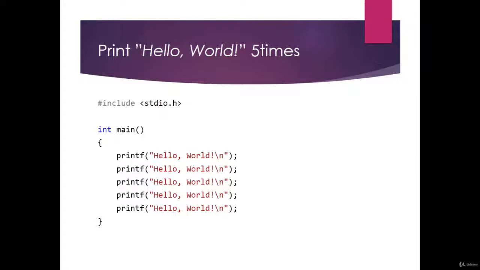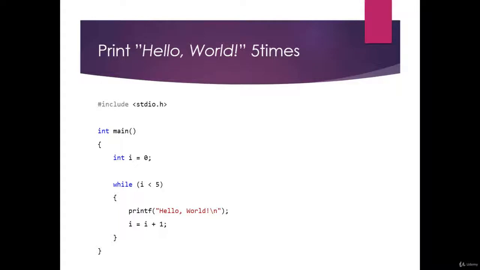So let's write this C program with the help of a while loop, and let's discuss how this loop works. Let's see this program. It produces exactly the same result. It writes hello world 5 times. This program makes use of a while loop, which is used to execute a set of programming statements